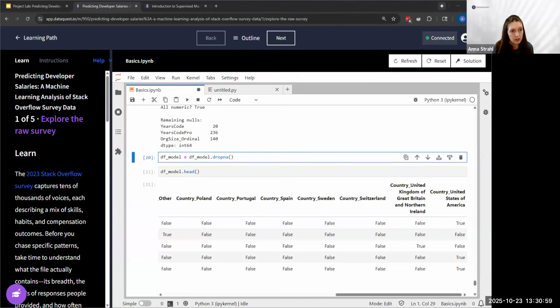Benjamin asks, without looking at the solutions notebook, would you recommend a beginner to use generative AI tools to learn how to complete data pre-processing, etc.? I would not. I highly caution against using generative AI to help you understand the workflow of a data project until you understand what the workflow is yourself.